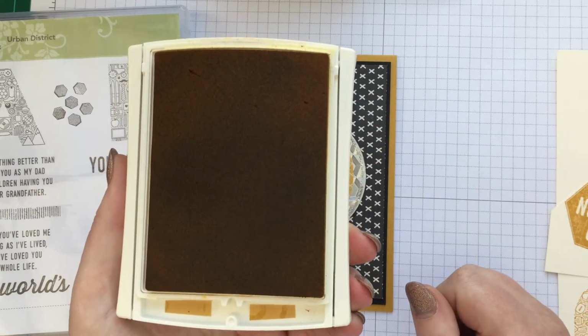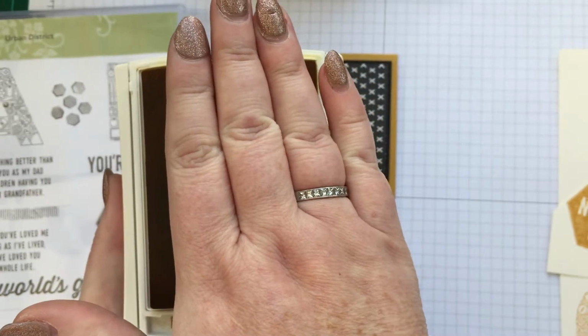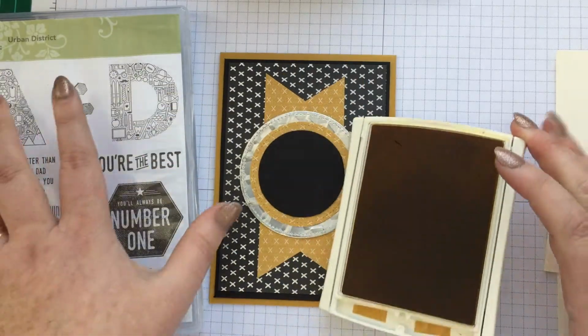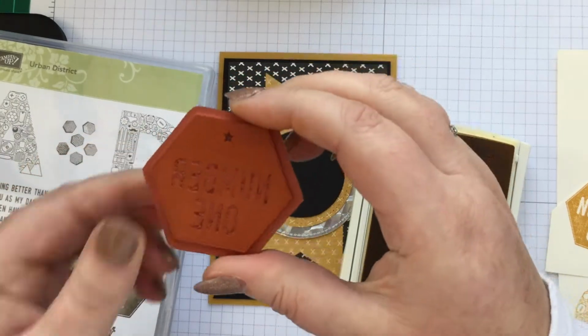If it is a little bit too wet and it's all coming out a bit splodgy, then just a bit of kitchen roll, just put over, press it down lightly and lift it off. It will lift off any excess. So there we go. So the You're My Number One